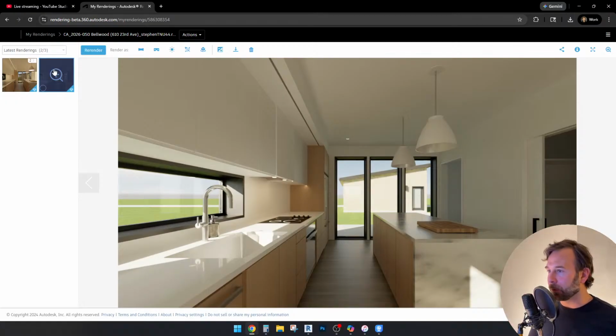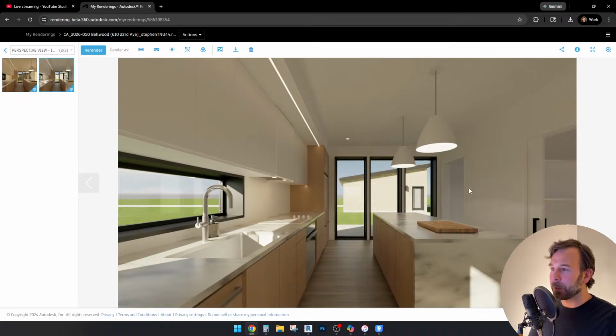I think I actually turned the lights off in this one also, just to see what the natural daylight looks like as it's coming into the space. There were some material changes I made to the cooktop from a black unit to a white unit. I noticed the countertop materials were different, so made them all just this white marble material. I put some lighting on inside the